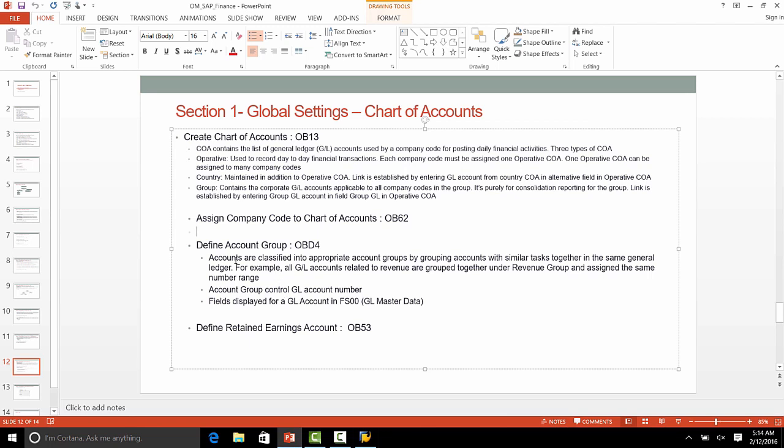Next part of global settings is define account groups. So what are account groups? A chart of accounts has a large number of GL accounts. They are typically revenue accounts, expense accounts, liabilities accounts, or assets accounts. They can also be cash accounts. For management purposes, these accounts are grouped or classified into buckets with similar properties. For example, we can take all accounts pertaining to revenue and put them in a bucket called revenue group